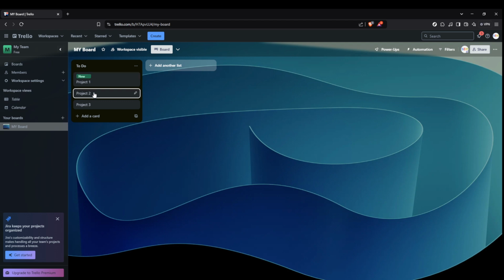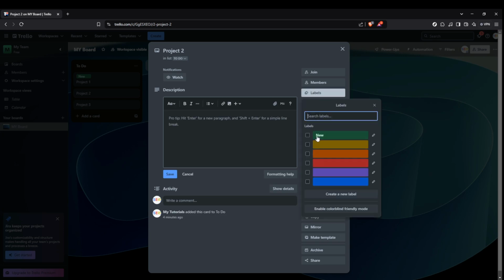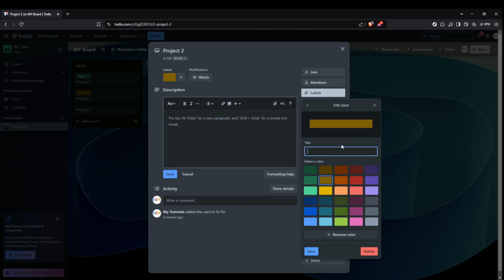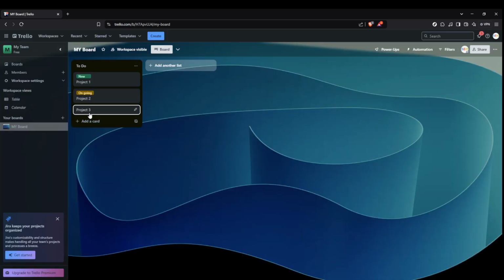Next, go back to your board and repeat this process with another card. Selecting a different card and opening its options should feel quite familiar now. Click on Labels again, choose a color, click on the pencil icon, assign a meaningful name like Ongoing, and then save it. Following this same process for another card, you can also assign a label that categorizes tasks based on